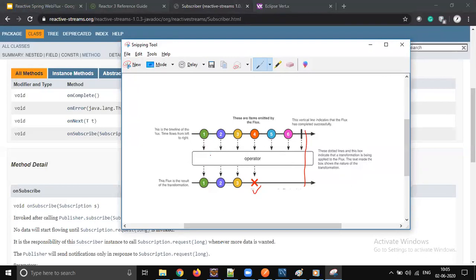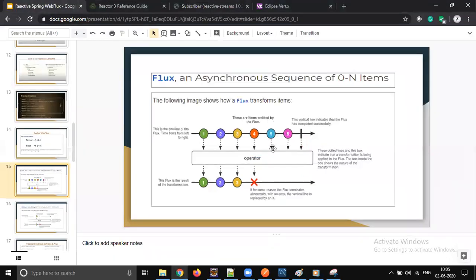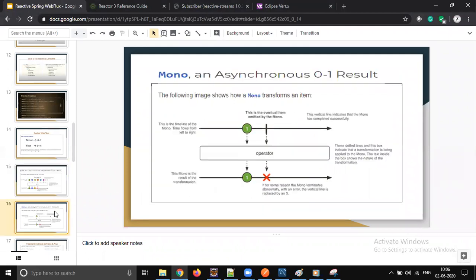But you see this dotted line, the data is flowing. That is going to happen on onNext, right? Each onNext call transfers one element. What is this subscribe? Using this operator, the subscription is going to happen. The Reactor team is trying to explain that entire concept in one diagram, so that's why it is confusing, but it has so many things internally. What happens when an error occurs, what happens without an error, how the subscriber is going to subscribe, how the data is going to be transferred. The entire thing is covered in one diagram.